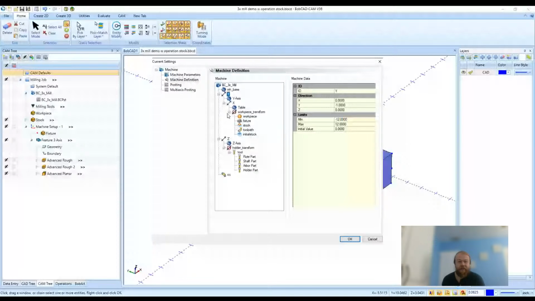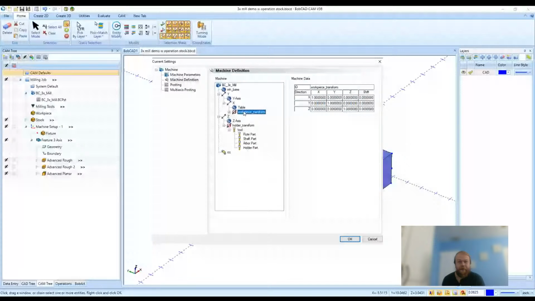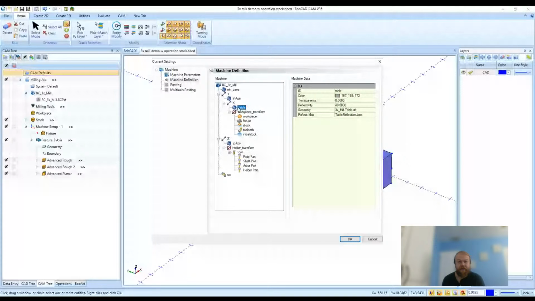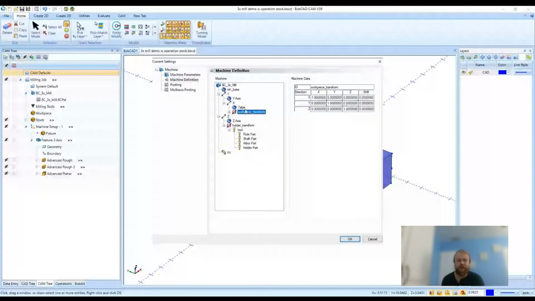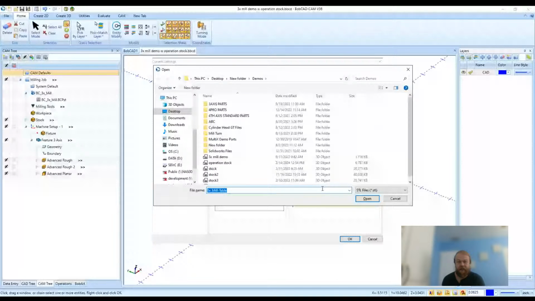Now, if we look at, for example, under X, you see table, and you can see workpiece transform. You can expand that, and here are some different options. So here is the table, just above workpiece transform. And you can see that this is an STL file that we have here. I can always modify it if I click on the three dots next to the STL file here